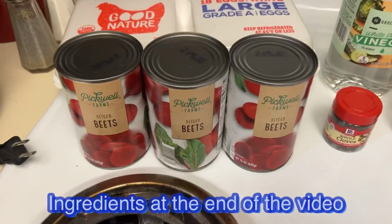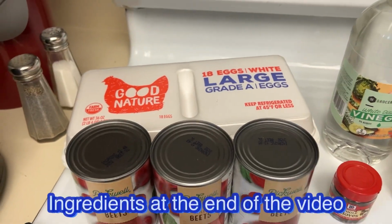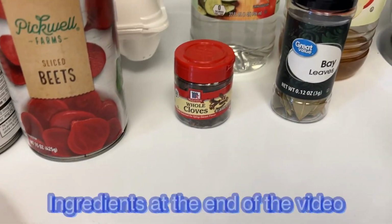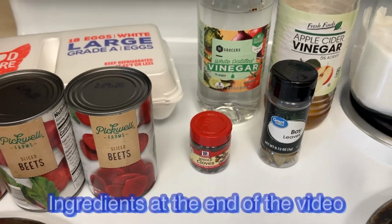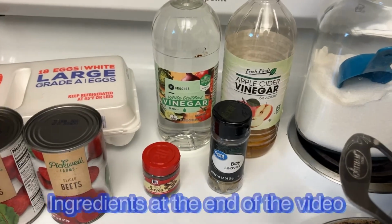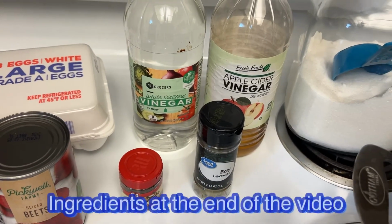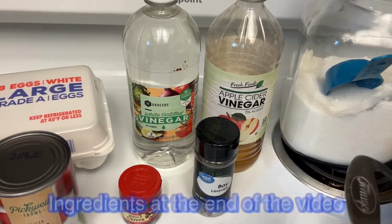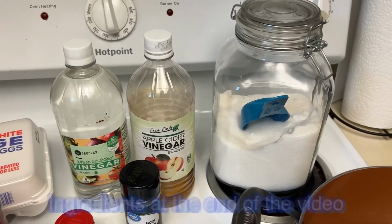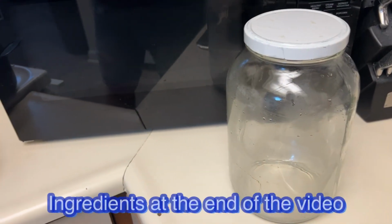So we're gonna have 3 jars of sliced beets. We're gonna do 18 eggs. You're gonna need some cloves, bay leaves. We're gonna use 2 cups of apple cider vinegar and 2 cups of regular vinegar. And we're gonna use some sugar. I'm gonna put it all in this glass jar, put it in the fridge, and we're gonna be good to